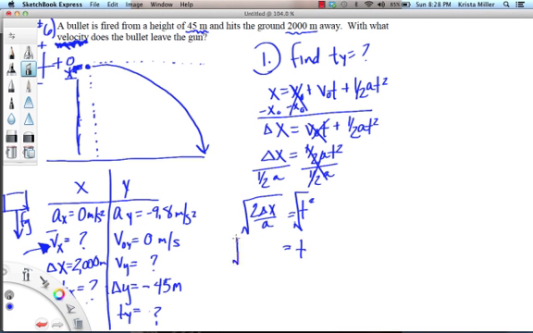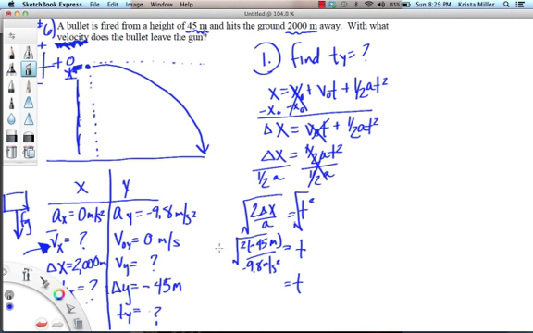So the square root of 2 times delta x over a. Now in this case, be careful. When I say delta x, because I'm talking about in the y direction, I just mean displacement, and displacement is negative 45 meters. So the delta x just means displacement in whatever direction you're talking about. And since we're in the y direction, we also need acceleration, which is negative 9.8 meters per second squared. So time is going to equal